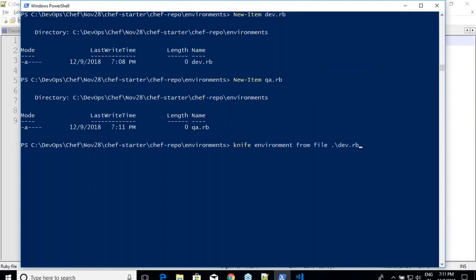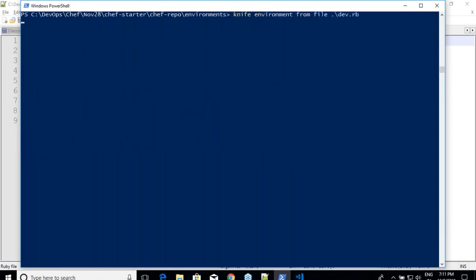My first environment is dev.rb. Okay, and then one more stuff which is QA dot rb.